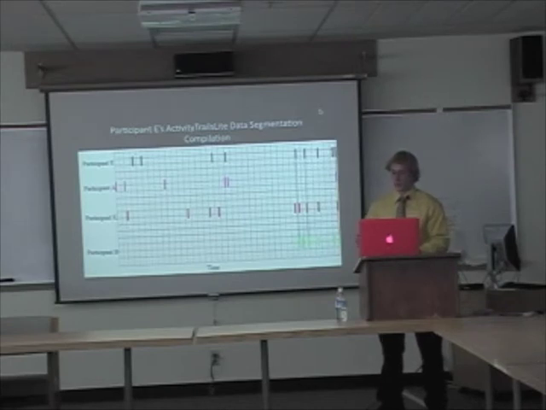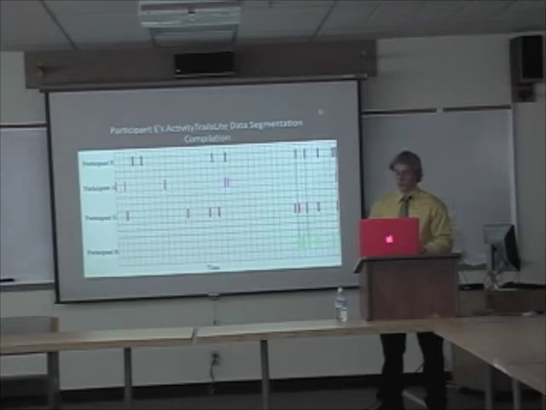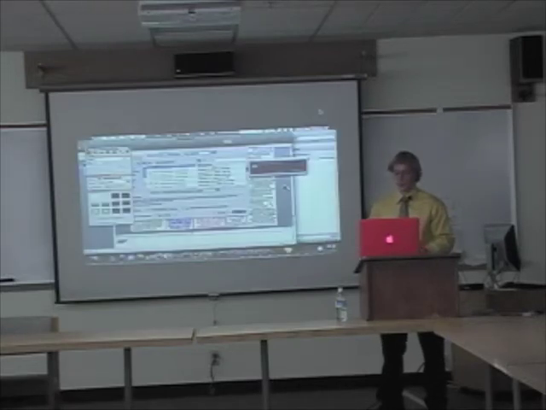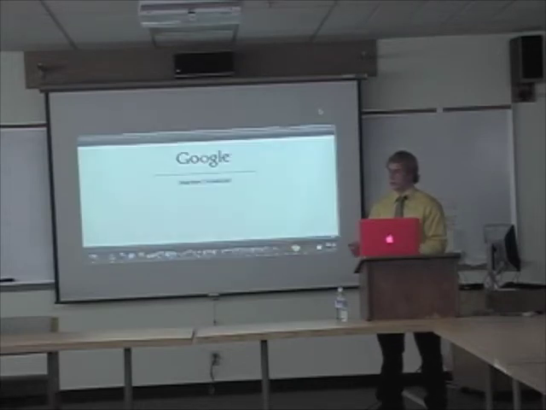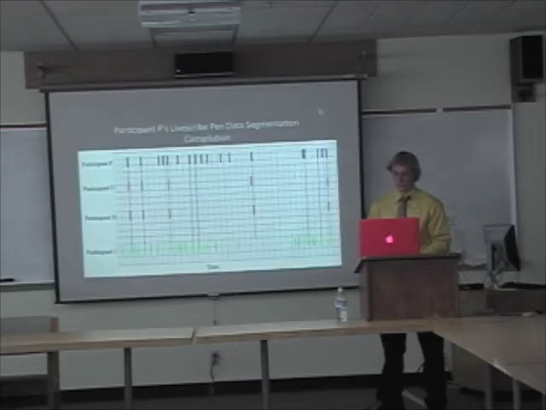Then participant E, again you can see that there's a wide variety of points that people are segmenting at. This is dependent on how they approach the problem. You can see there's 3 points where everyone found a common ground. Here's someone saving, so it's a natural breaking point. They're finished with their project, they're saving it. Then they went from their project to Google, and again everyone put a segment in there, a natural breaking point. And then they went to their email, so again, another natural breaking point.